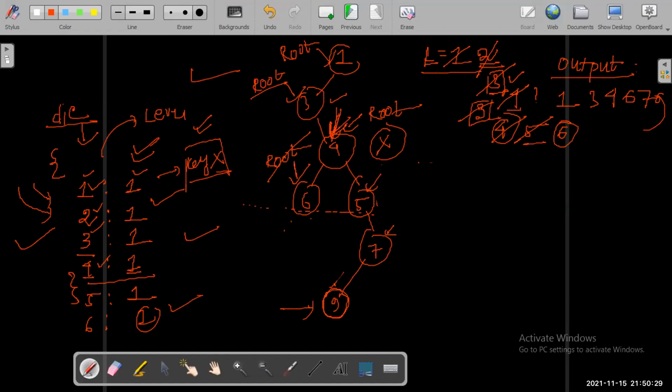See, this was my root where I was standing. After printing 6, no subtrees of 6 are there. Both are none. It will go back to its parent node. Okay. Now see,